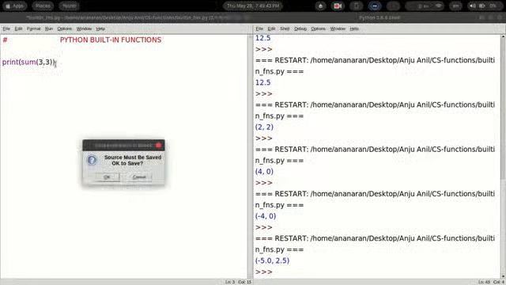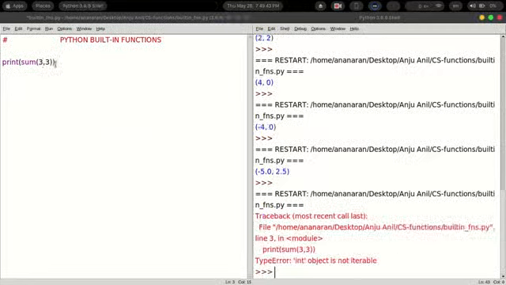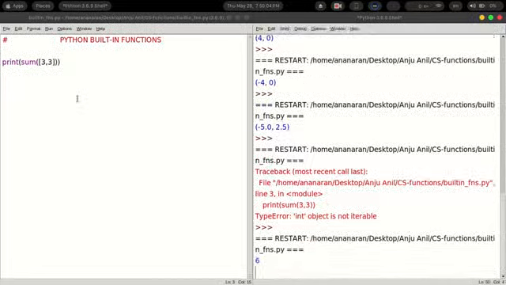Let us see what happens. It will give you an error. You have to give the value as a list. Now we see that the output that you get here is 6. So it will add up all the values that are there and then give you the output.